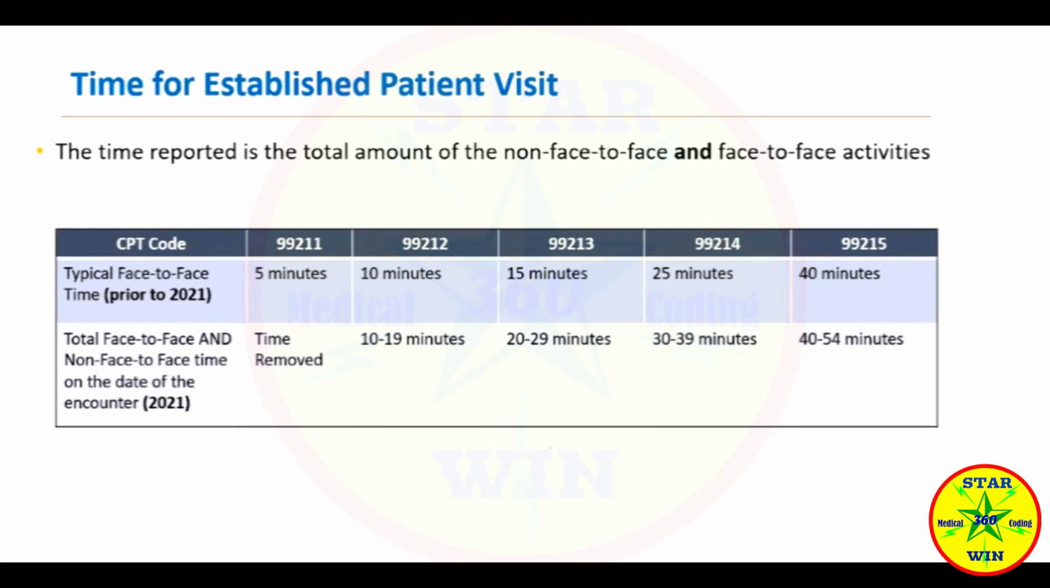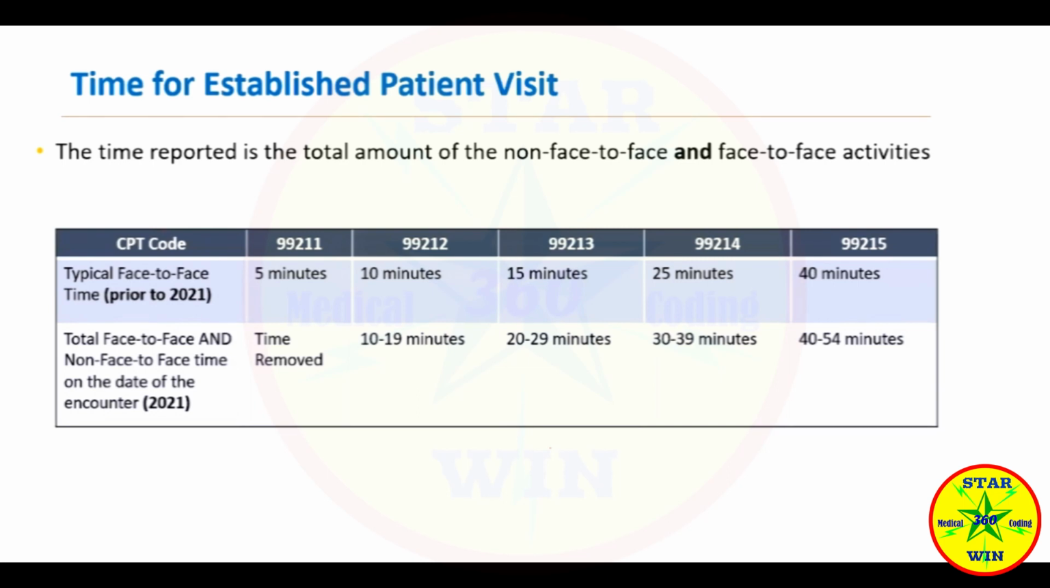So 99213, 15 minutes in 2020 and 20 to 29 in 2021. For 99214, 25 minutes in 2020, whereas in 2021, from 30 minutes to 39 minutes. Going to 99215, it is 40 minutes in 2020, and in 2021, it is a range from 40